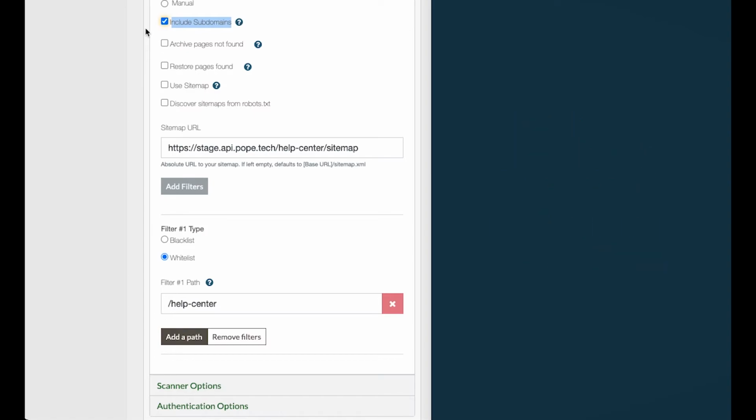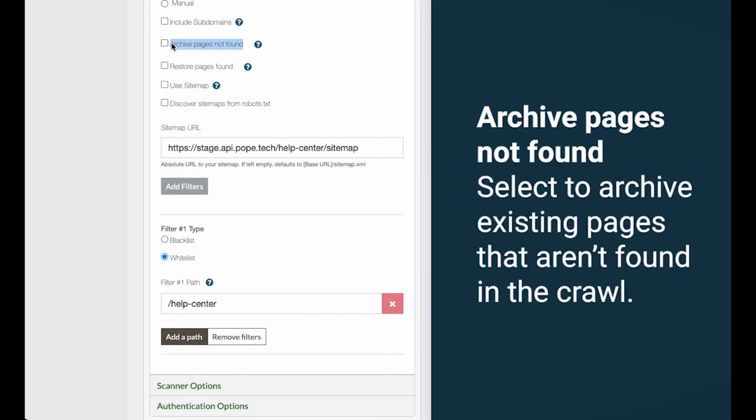So if the website that was being crawled was myuniversity.com and the crawler found the subdomain humanities.myuniversity.com, it would be added as a new website. If it isn't selected, humanities.myuniversity.com would be ignored.